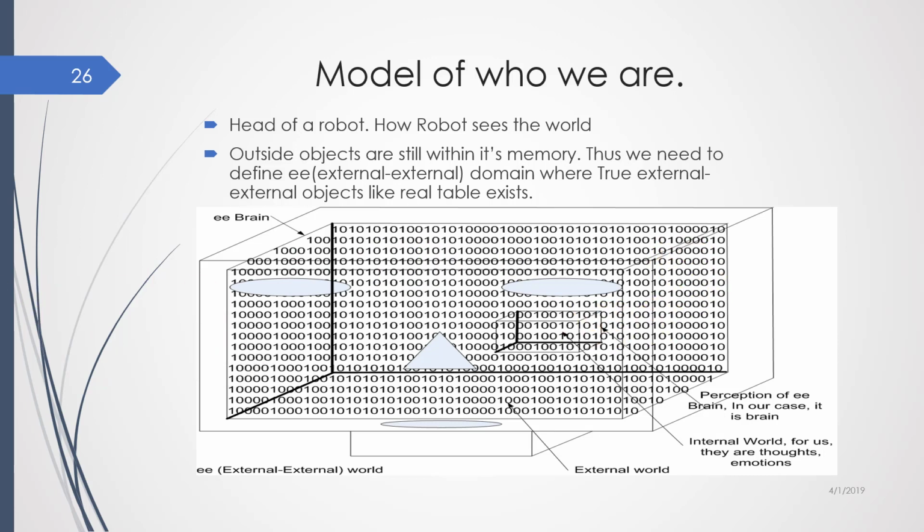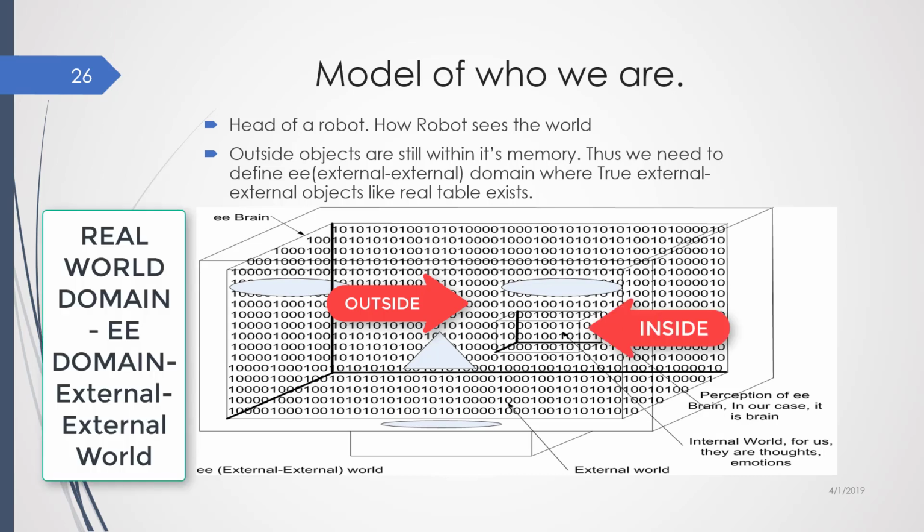The robot sees also itself as it has to know its position among the worldly objects. In the diagram, this is the smaller cube. The smaller cube represents the robot's brain itself in its memory. And now this is important, guys. For a robot, the definition of outside is anything outside its own brain's representation, but that is still within its memory. So this is outside.